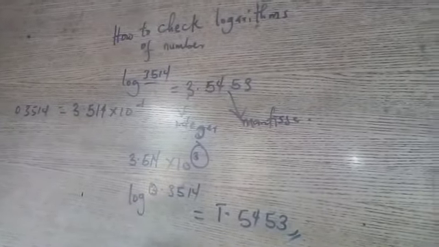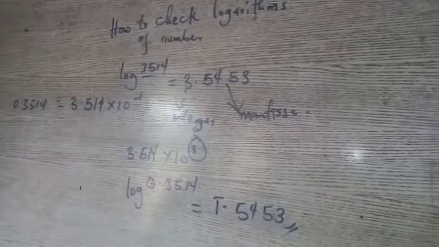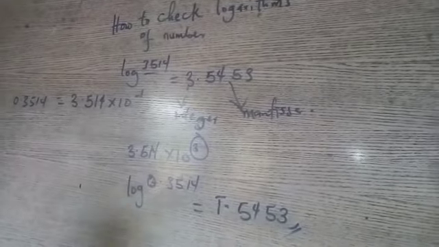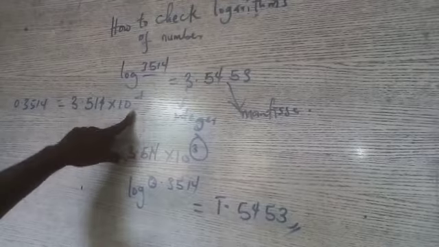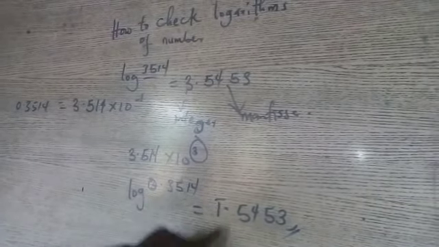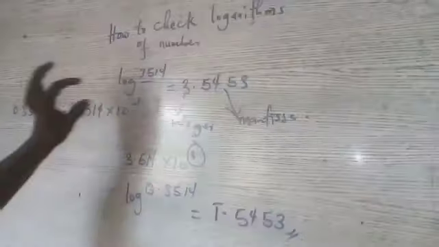So when you are looking for the logarithm of any number, have it at the back of your mind that when you convert that number to standard form, the power of 10 will give you the characteristic, while the mantissa is the value of the number you get